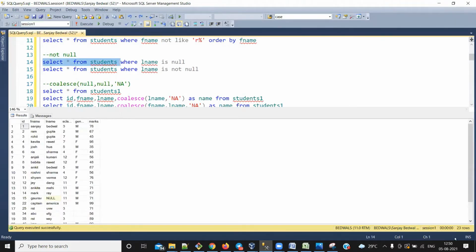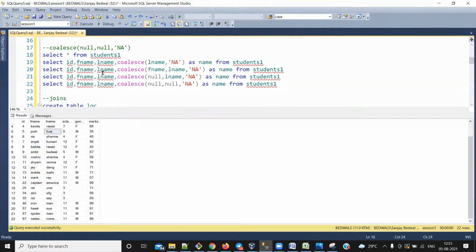Now let's check how many records we have. We have 23 records. If I want to reverse this previous condition, all I have to do is replace null with the not null keyword, right? Now I should receive 22 rows, because I'm subtracting the one Gaurav record. Let's see the output. Now I got 22 rows, see, and there are no records having their L name as null, right?